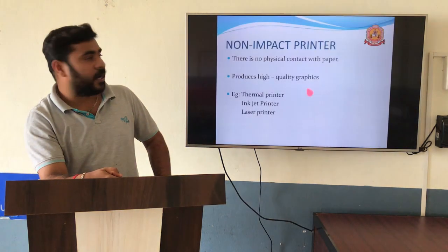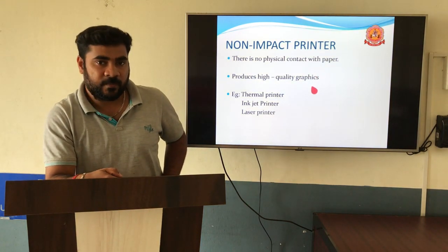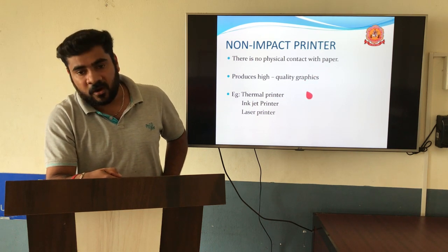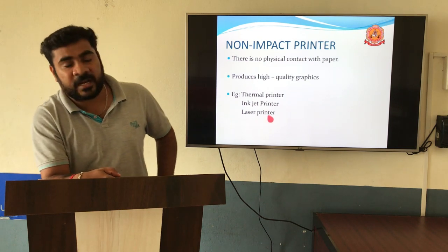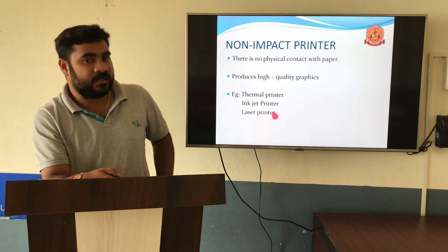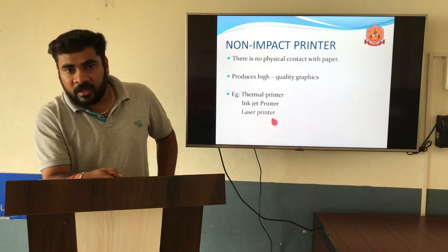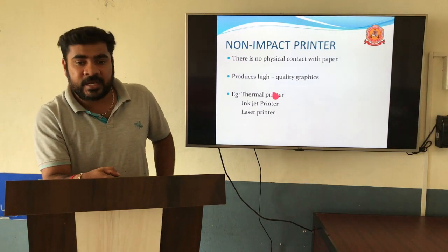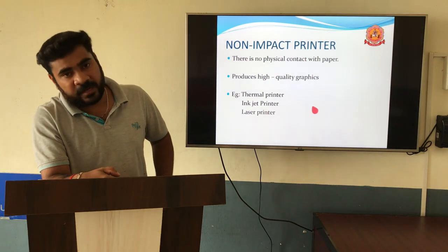The next one is non-impact printers. Here there is no physical contact with the paper. By heating or by using laser beams, it will produce the images. Here it produces high quality graphics. If you compare impact and non-impact, the quality is low in the case of impact printers, and the quality is high in non-impact printers.